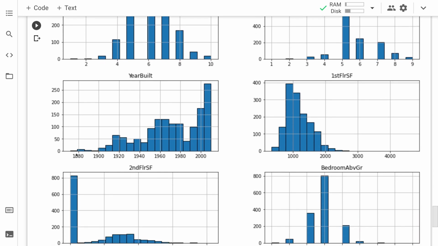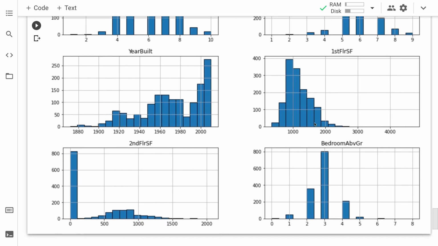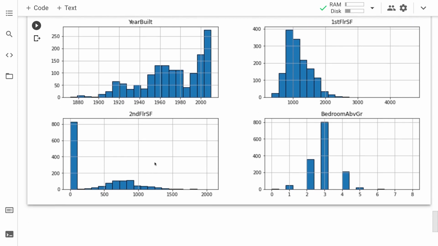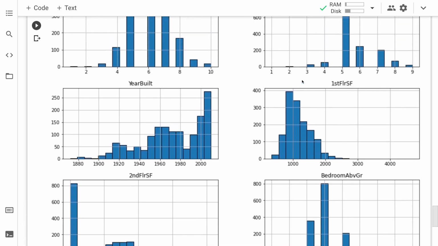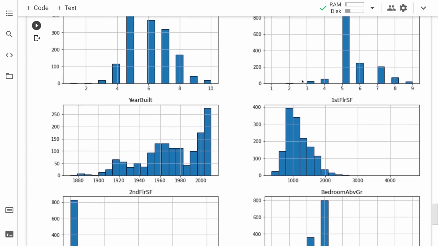And year built, we can see that the majority of the houses were built after the year 2000. We can see the majority of houses have approximately 750 to 1,000 square footage. And note that it's not really the majority actually, but I should say it's the frequency. The most frequent occurrence had that many. It's still not the majority because a majority would have to be